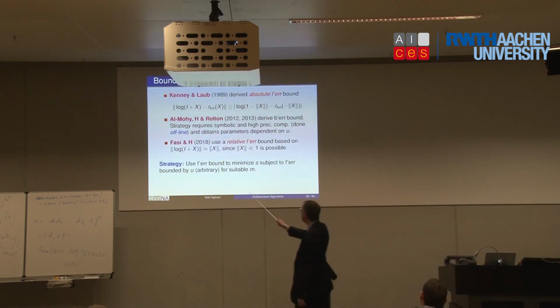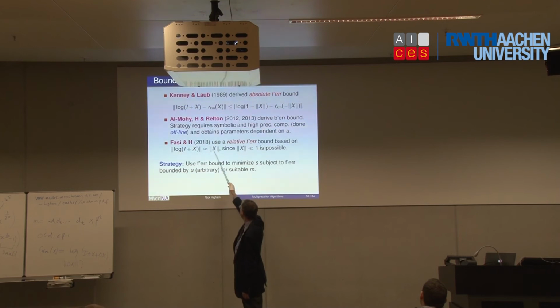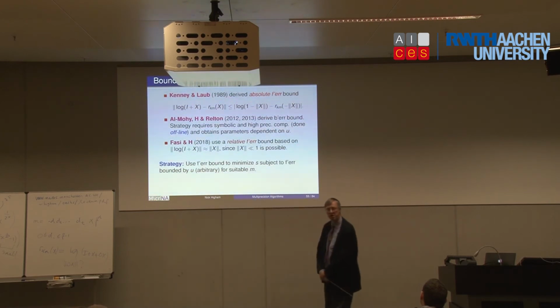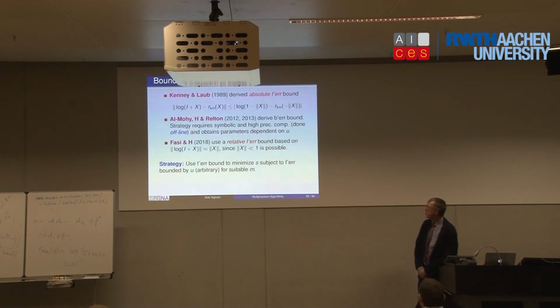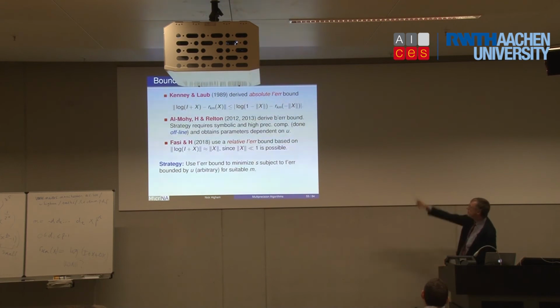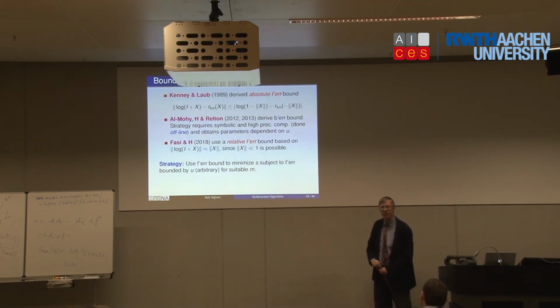How big is log of x? Well, for small x, it's roughly norm x. Again, it's the first term of the Taylor series. So that bound at the top is actually far from being a relative error bound. And so when we first did this work, we just used the bound as stated. And we required the thing at the top to be bounded by our tolerance. And we got rather poor results.